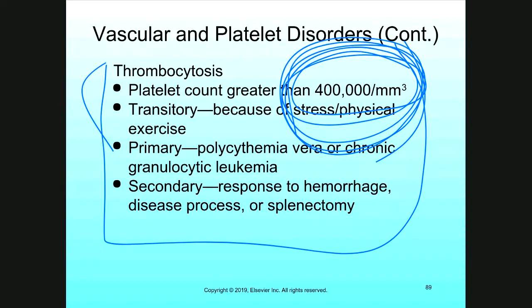I put this one not so much for a question about primary, transitory, or secondary. I leave this one mostly because of the value. I have an interest first in the value. For me, it makes no difference what is transitory, primary, and secondary. So you know the value and the normal amounts of platelets in your body for thrombocytopenia and thrombocytosis. It is clear. Let's move on to the next one.